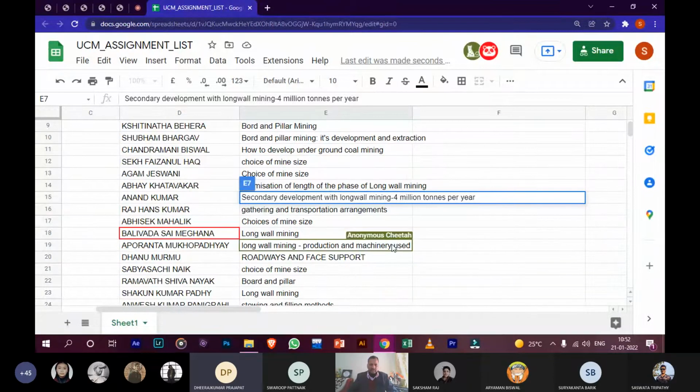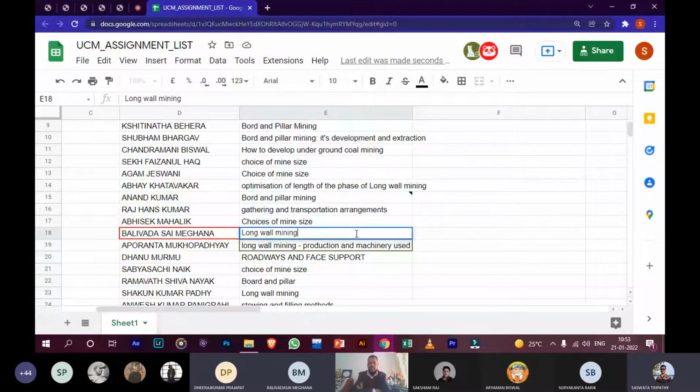Sir, I would go for transportation in the longwall mining process. Many people have already taken transportation. Would you like to take up any other issue? Otherwise, if there is something I can give to you. If you are interested in transportation only, and that is true in longwall, you may take up the biggest issue nowadays, which is salvaging and transportation of the machinery. Transportation of machinery, you note down there, salvaging,